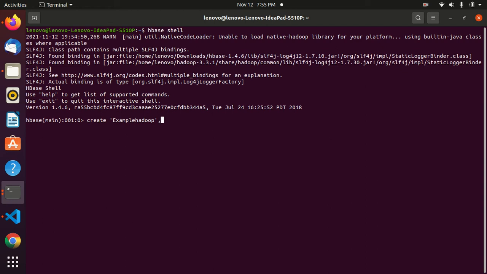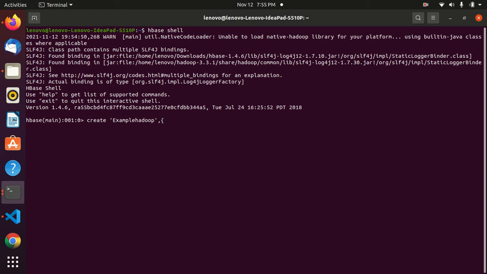Here we are creating the table named example_hadoop, and here we have to give the column family name, or else you can give the names of the columns which you want to create, or directly we can give one column family, and in that column family only we can store all that data.